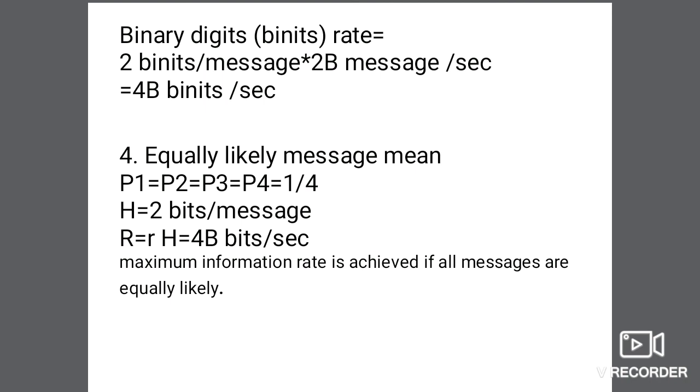So we have seen that binary coded PCM with 2 binits per message is capable of conveying 4B bits of information per second. The transmission scheme we discussed in this example transmits 4B bits of information per second when all messages are equally likely. With binary PCM coding, the maximum information rate is achieved if all messages are equally likely. So we use all the conditions of the